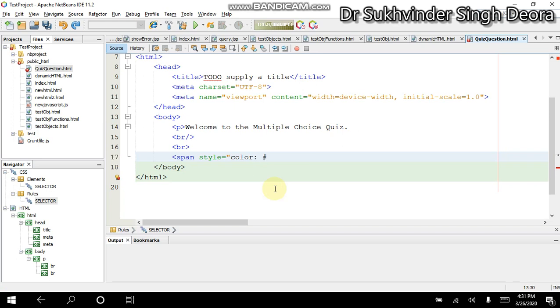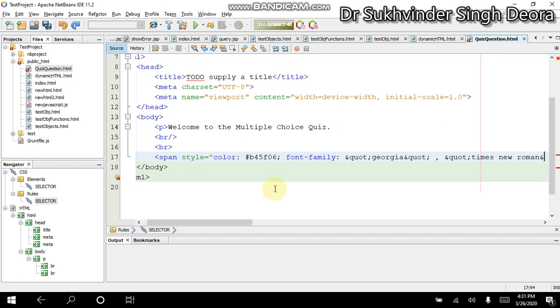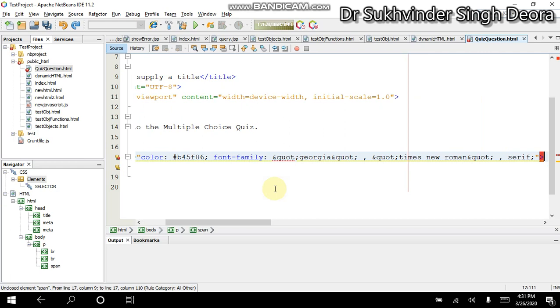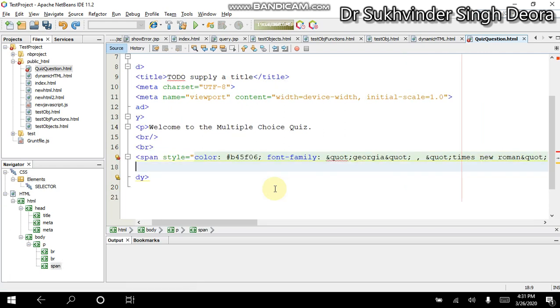Let us set the color of the font. Then for the font family I will take Georgia, and let us take Times New Roman,